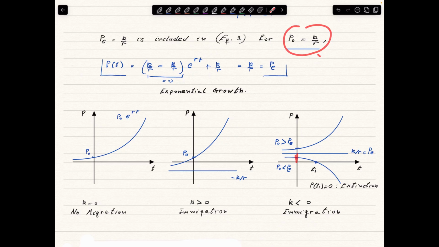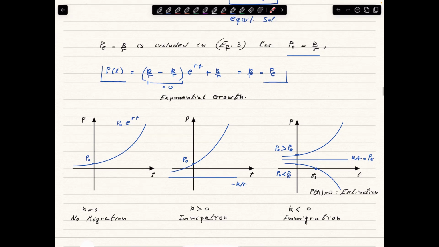Here, the solution is an exponential but decreasing, and it touches 0 at a finite time, so there is extinction in a finite time. This is what happens when the immigration is too high or the initial population is too low. The population collapses to 0. And this is what this exponential growth and decay model predicts for a population that has infinitely many food resources, with